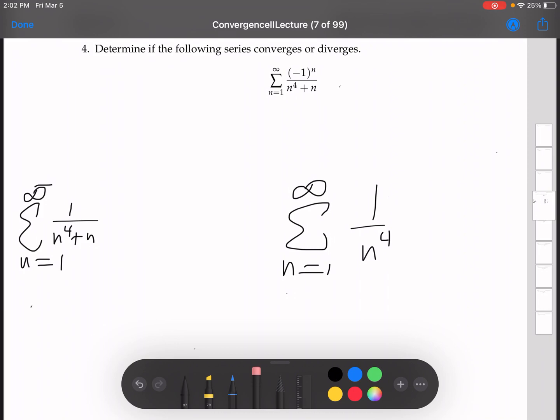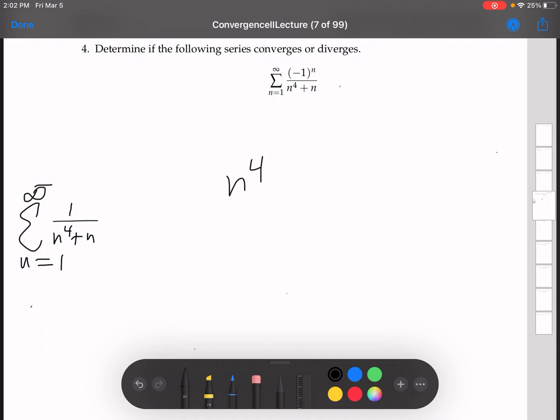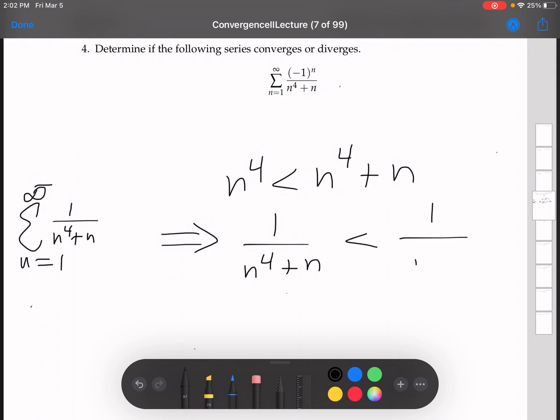So let's think, can we compare those two series? n to the fourth is less than n to the fourth plus n. So that tells us that 1 over n to the fourth plus n is less than 1 over n to the fourth, which tells us that